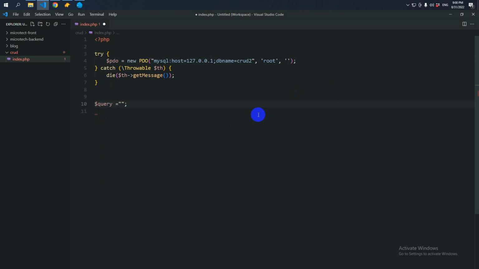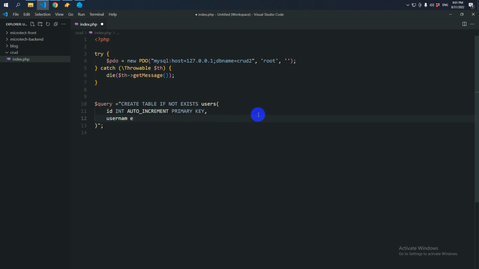We can write this way: create table if not exists, table name users, and let's give some fields. ID is integer, auto increment, primary key,